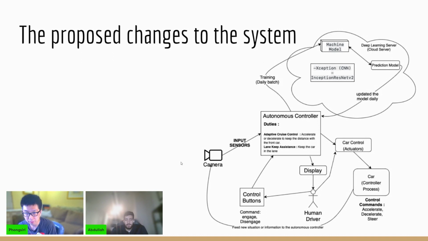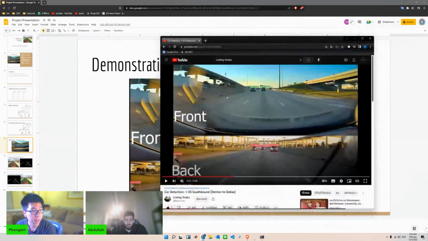And then we found out that we can use YOLO V7 to detect the objects in front of us and behind us by using only the camera, just like Tesla Vision. Okay, so we remove the input sensor from here. So we implement our project from